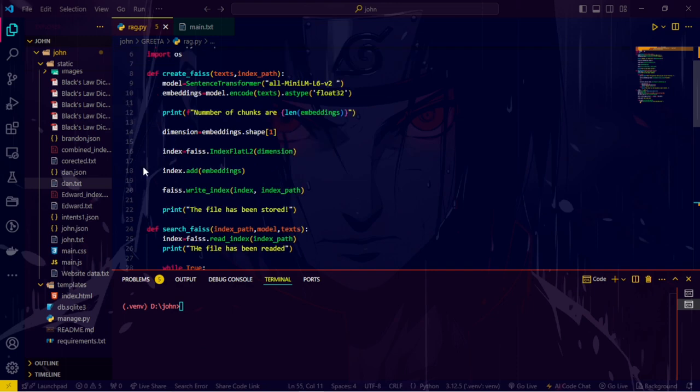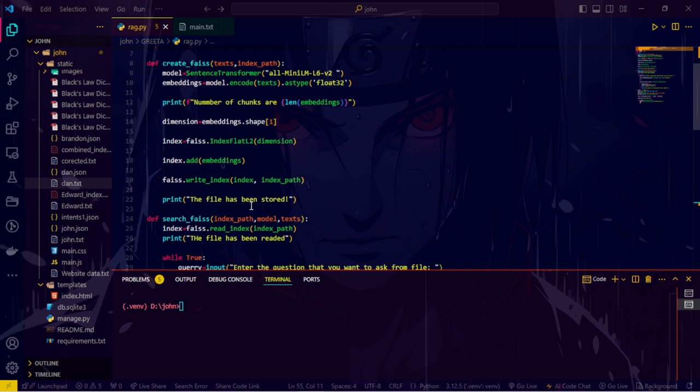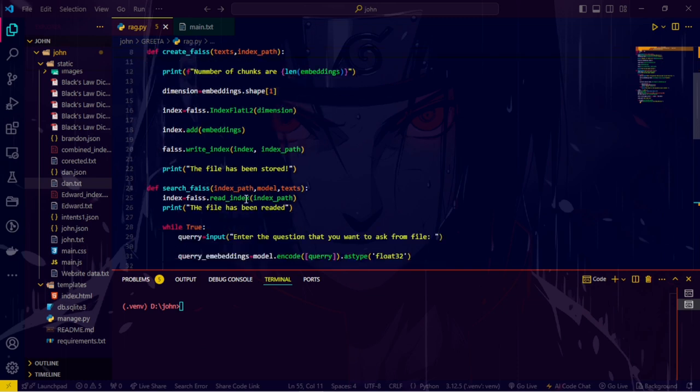It doesn't need to load the create files function, because that function creates a file. We don't need to create another external file, since we have already stored the file. So simply run the search files function